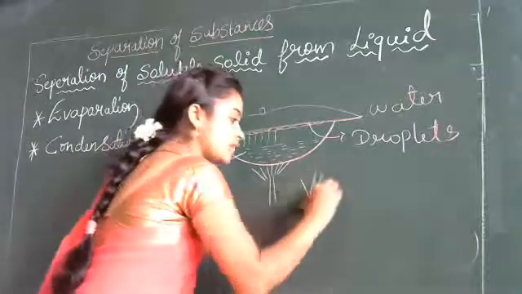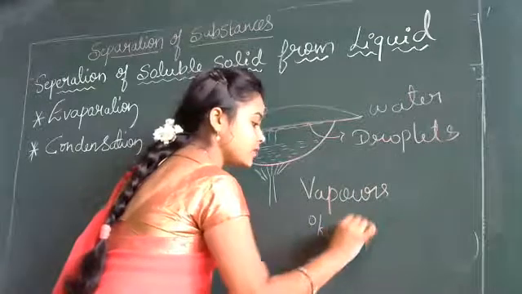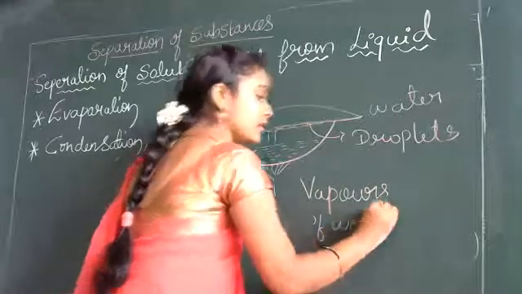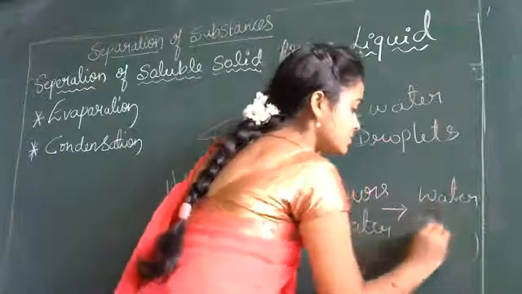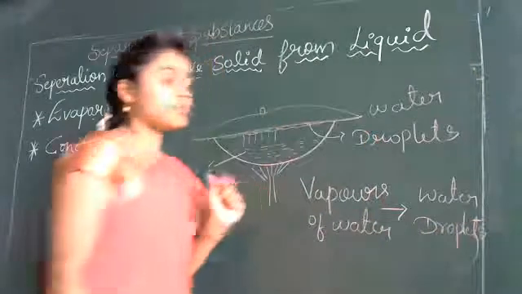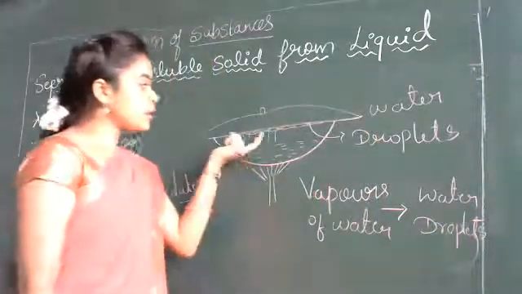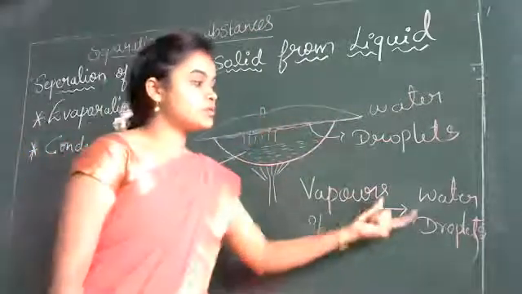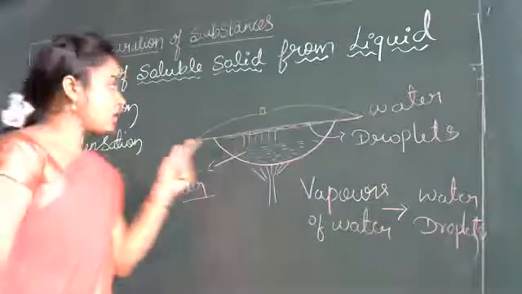We are converting what? Vapors of water into water droplets. So the process of conversion of water vapors into water droplets is called